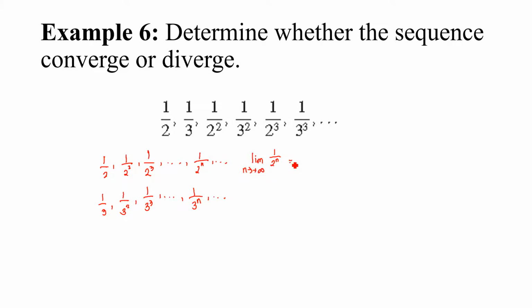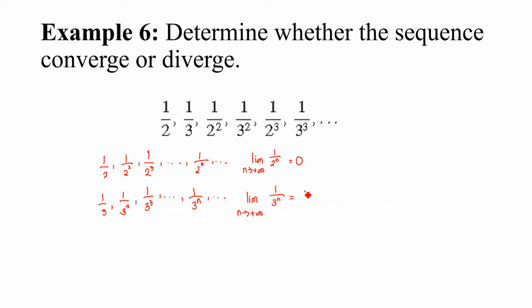Clearly, the limit of these numbers is equal to 0. And here, the limit of 1 over 3 raised to n as n approaches positive infinity